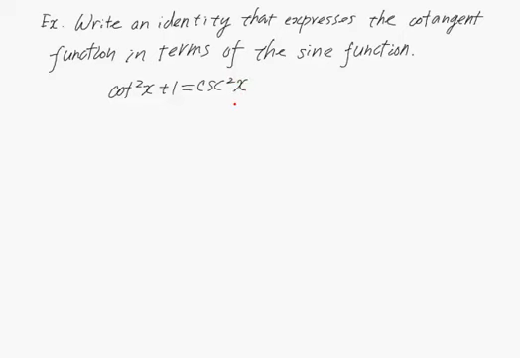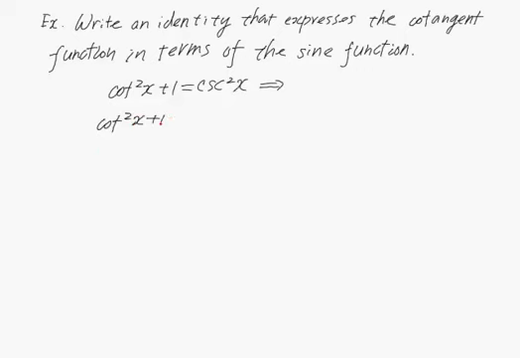You may say, oh, this identity only involves the cotangent, no sine, right? Yes. We don't have sine here, but we may rewrite this cosecant square x as the reciprocal of the sine square x, right? So from this identity, by using one reciprocal identity,